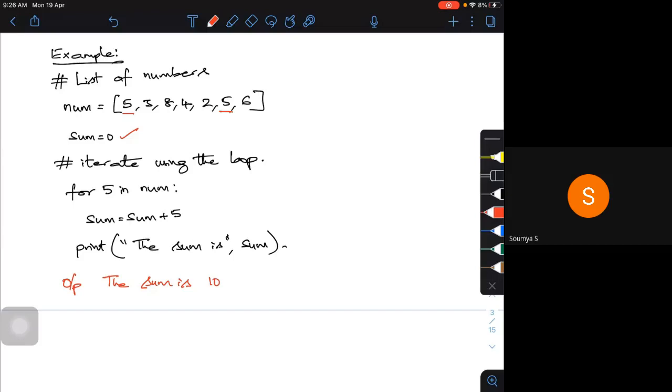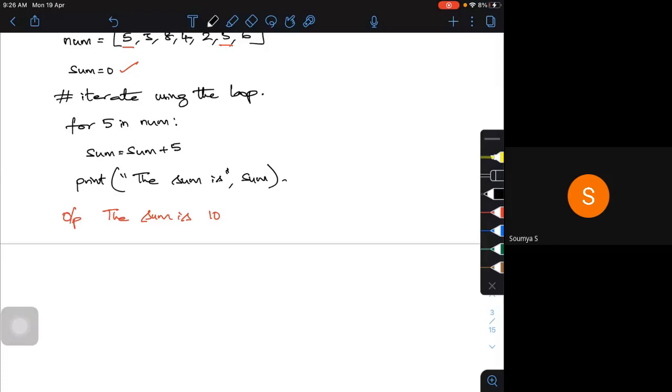Okay, fine. So this is how the for loop will work. Now there are certain things. Sometimes we may have to check for the range. When you're using this for loop, I can check for a particular range.